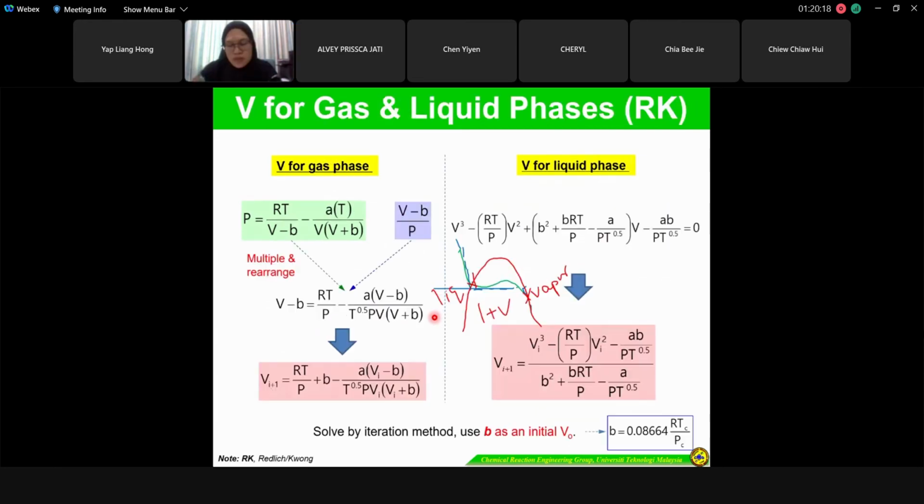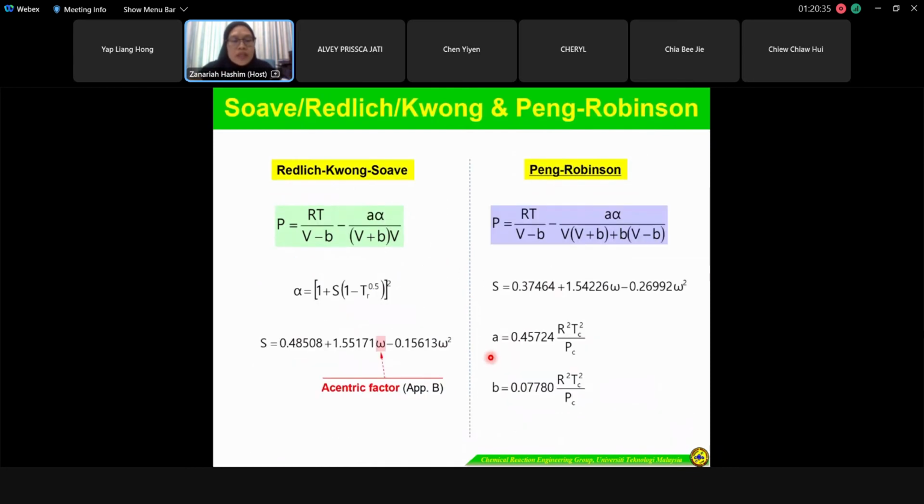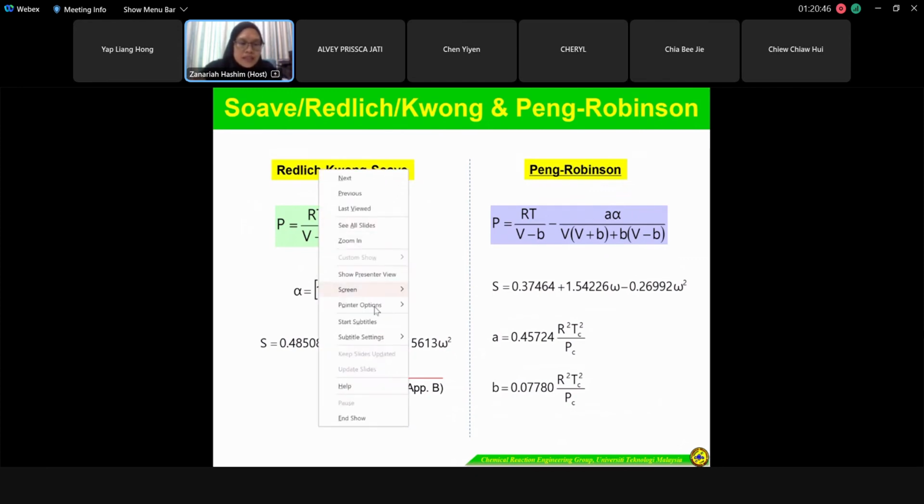Don't worry too much about this equation. This one specifically solves for the Redlich-Kwong, but later we will use a general equation for the cubic equation of state that you can use not only for Redlich-Kwong but the other types of cubic equation as well. Okay, so next you have the Soave-Redlich-Kwong, sometimes we say SRK in short. So the SRK,